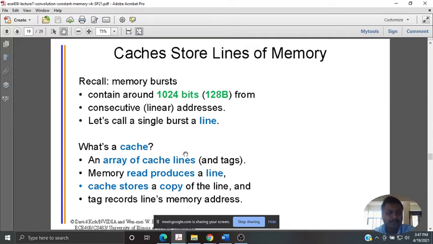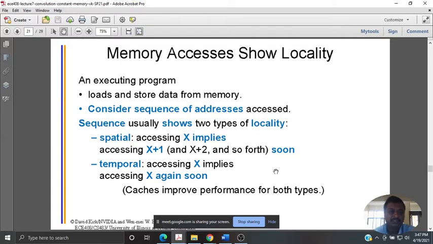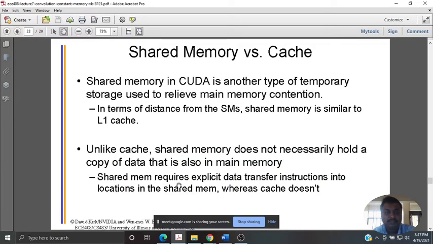So how do you replace a cache line? Basically, least recently used, whatever is not more prominently used, that can be replaced. Say spatial locality and temporal locality, that's what is being accessed. So spatial, you are using x plus one, x plus two, or all the neighbors. Temporal, you are using x again. So that speaks about repetitive usage as well as neighbor usage. So least recently used.